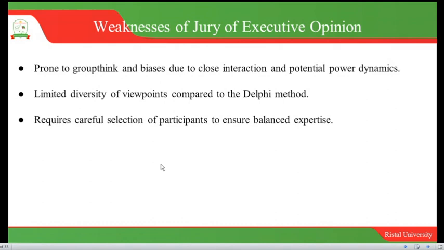And then also we have limited diversity of viewpoints compared to the Delphi method. And finally, it requires a very careful selection of participants. So sometimes if we do not select our internal team very well, then the expertise that is going to be given there will not be very